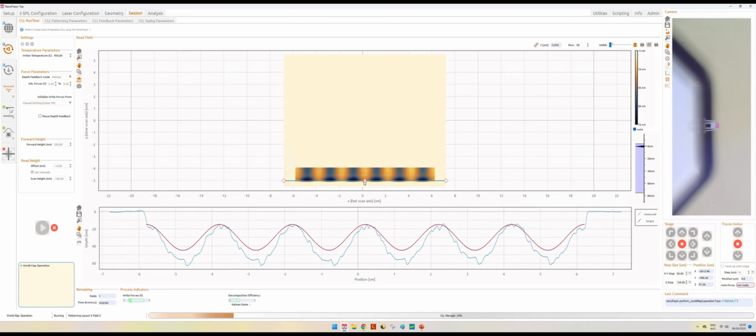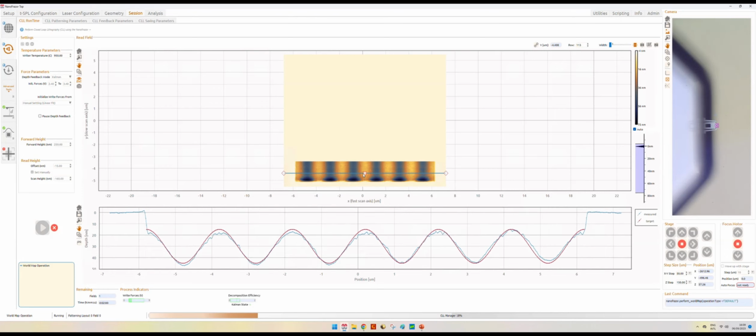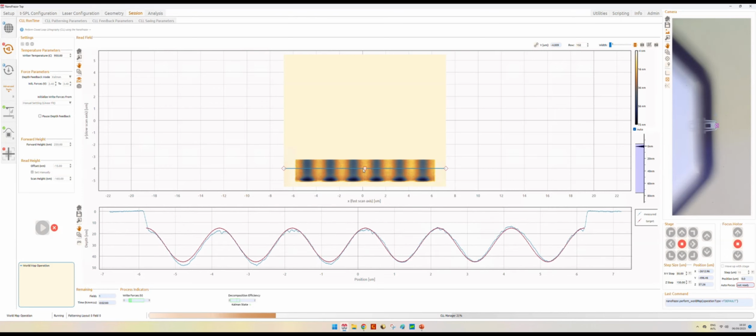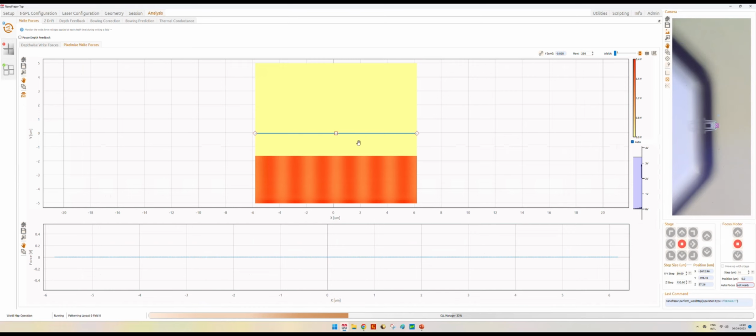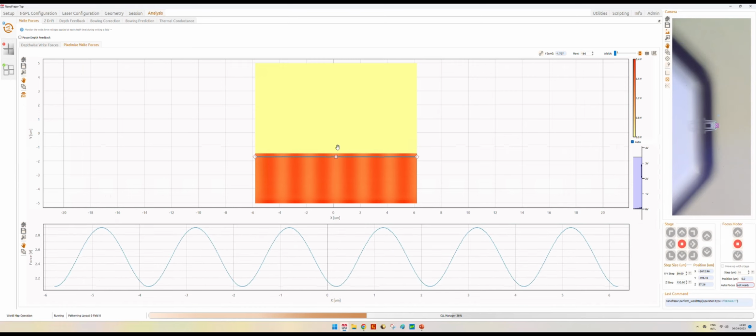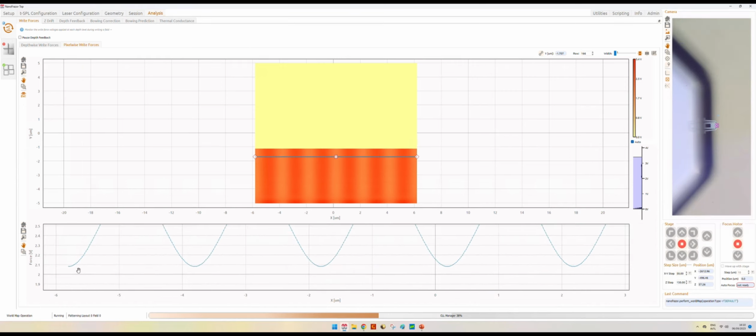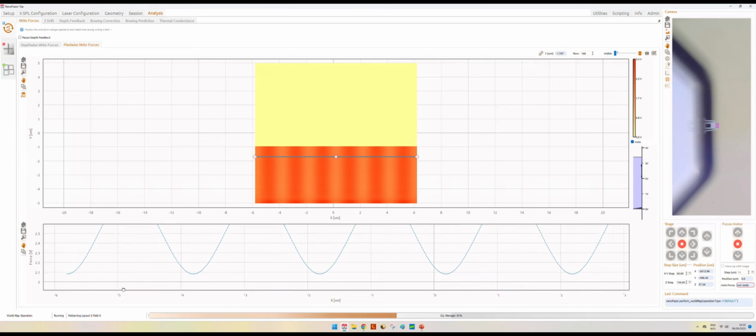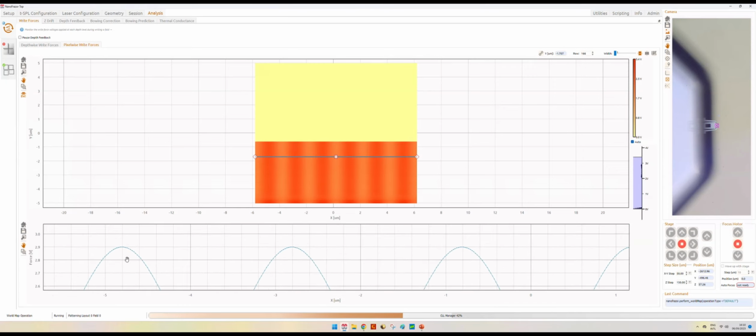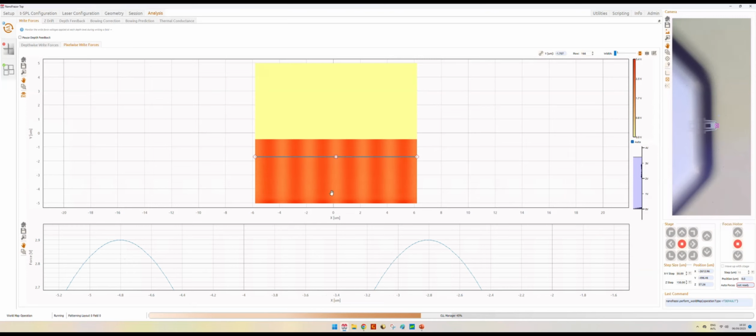But now we're patterning with a feedback, so we are adjusting to this new timing parameter, and we can also check the analysis. We reduced our force from 2.4 to 2.1, and the maximum force that we apply is around 2.9.